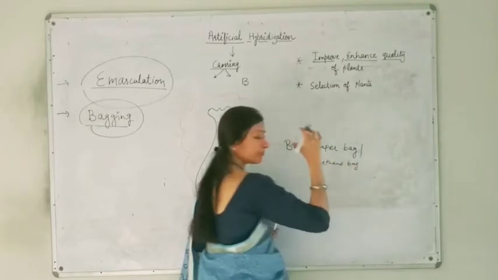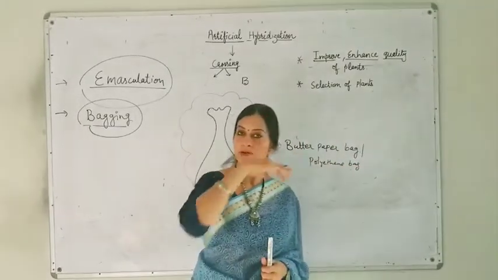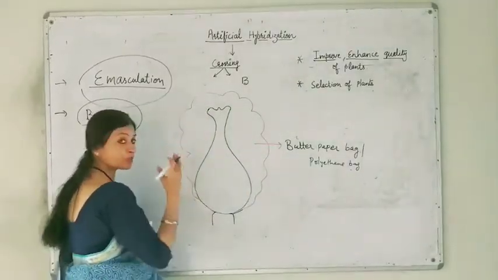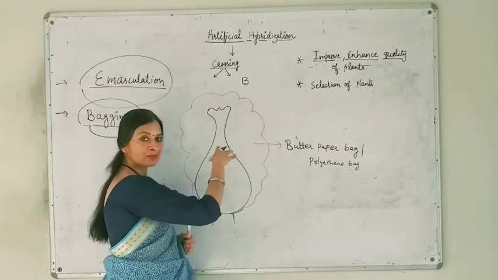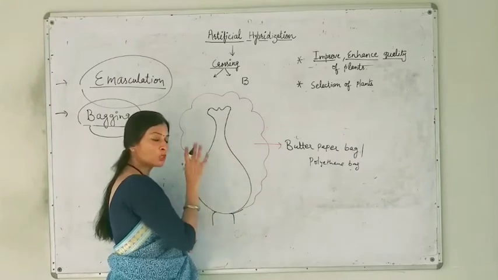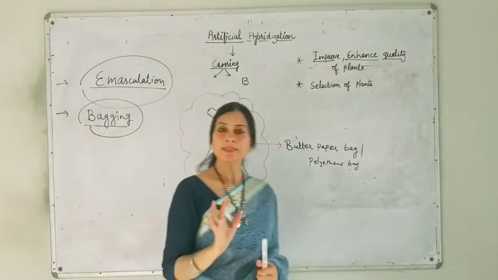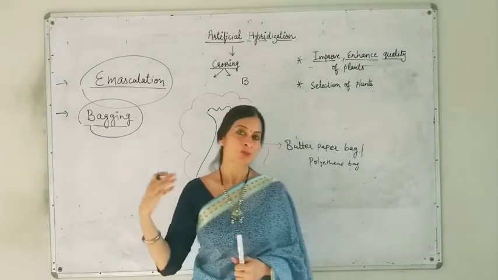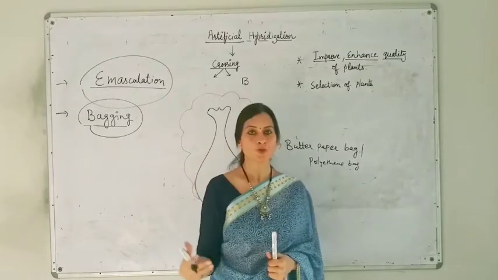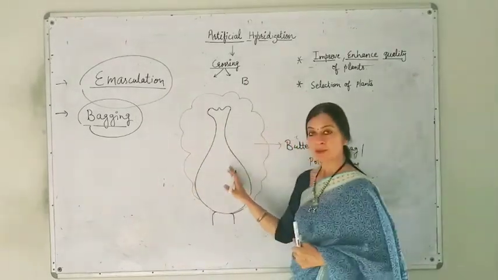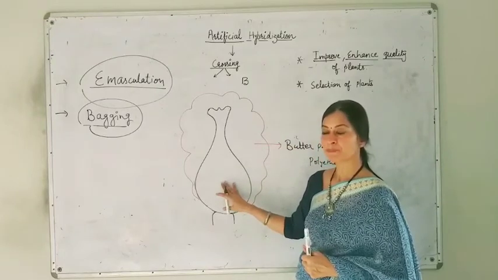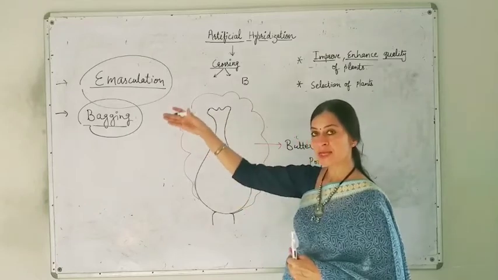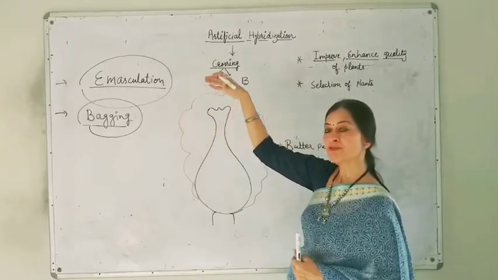Why are we covering the structure with a bag? Because we have removed the anther or stamen from this flower, so autogamy is not going to take place. But we can't control the pollination through various agencies from other sources. This structure is still vulnerable to pollination from other sources, like geitonogamy, or pollen from another plant